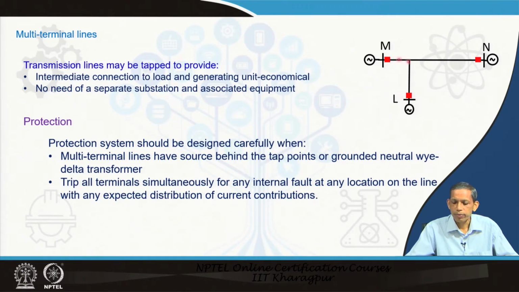Now, note here that anywhere in these 3 sections a fault happens, then all the 3 breakers associated with all the 3 buses must trip, otherwise the fault will be fed from the non-tripped circuit breaker side. So, that is the basic need of protection. We will see the problems or the issues, and then we will go to the different setting perspectives for the distance relay.